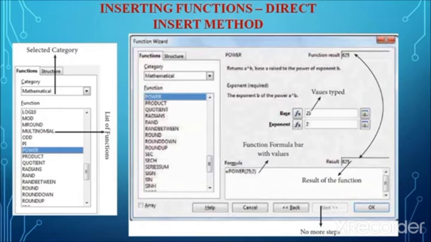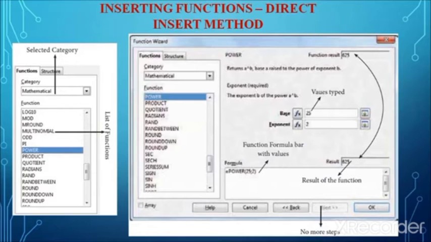Every function has a unique name and a prototype, which is nothing but a syntax. A function will have a syntax, which means it will have some predefined set of values to be given by the user. For example, take a function named sum, which is used to add values. Within the brackets, it will have n number of values. It means the user can give n number of values separated by a comma. So like that a prototype will be there.